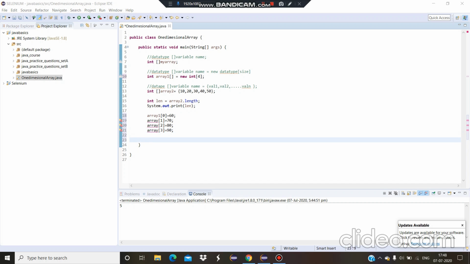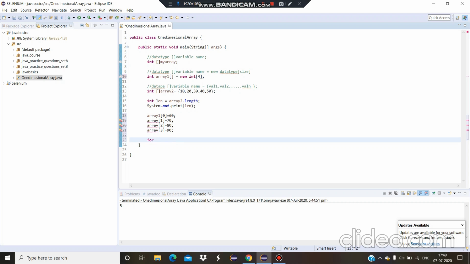There are two types of looping statements that are used. One is the normal for loop that we have discussed earlier in the looping statements. The next is the enhanced for loop or for each loop. I will show you both of it. So to access the values of the array, first I will give you the syntax. So for first the initialization. I will start with the 0. I'll show you as it is.